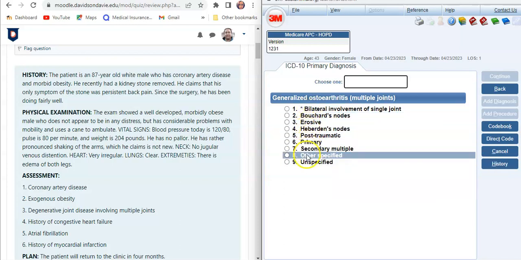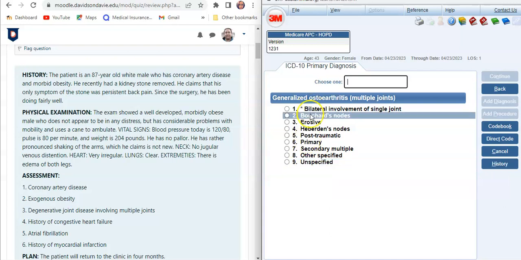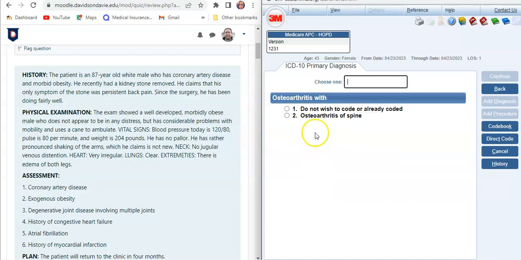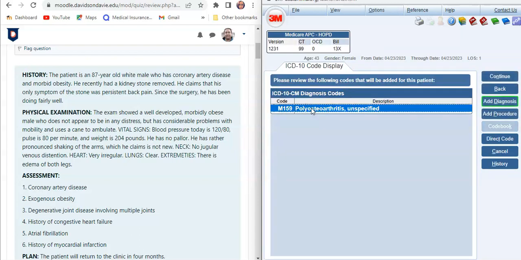None of these actually really fit what we're charting. It's basically just multiple joints. So I'm just going to put that. That information is unspecified, so I don't know anything about that. I'm going to choose not to code anything else. So the next code is